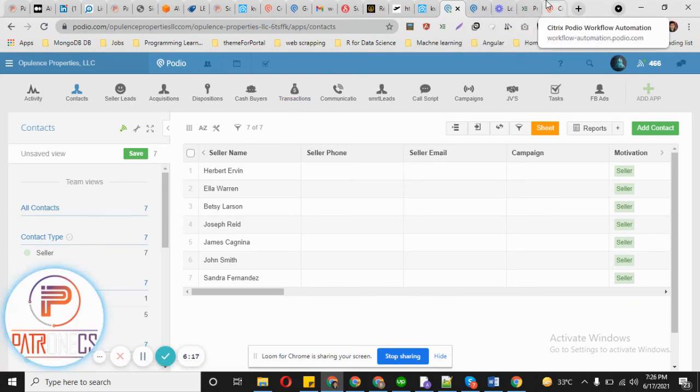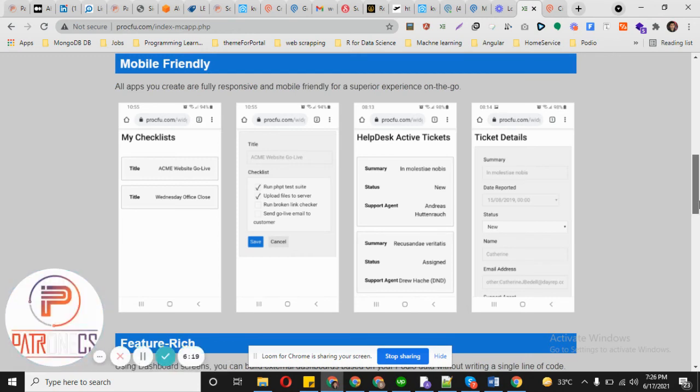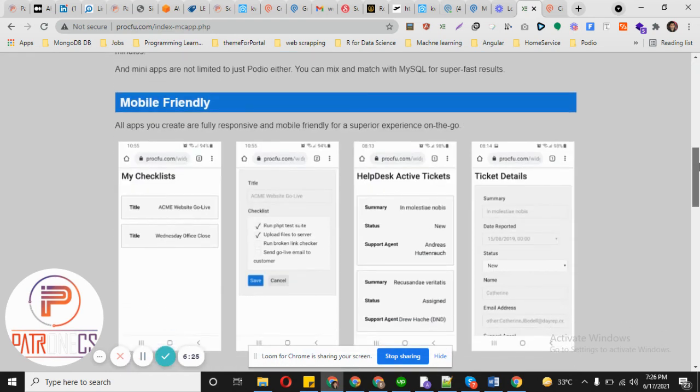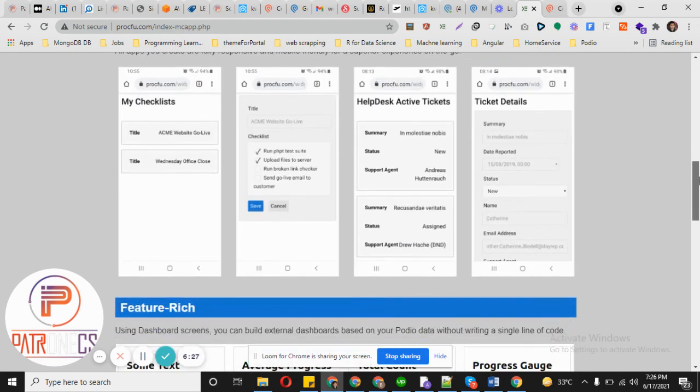There is an extension named Procfu, and there is a feature named Podio Mini Apps. In Mini Apps, you have the option to share a view or a complete app with a client. You can create some mobile-friendly mini apps in Procfu. I will be creating a separate demo video of Procfu. So for now, it's enough.